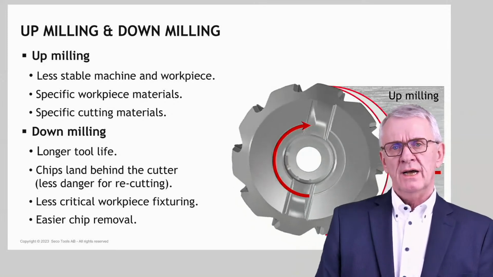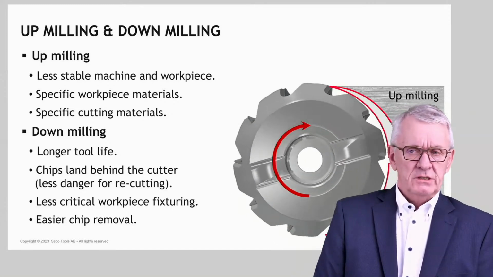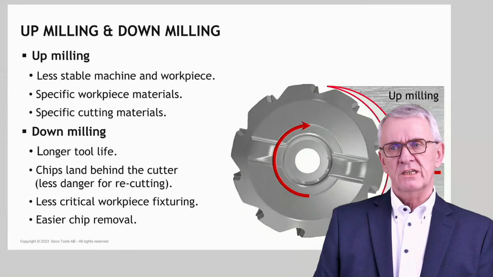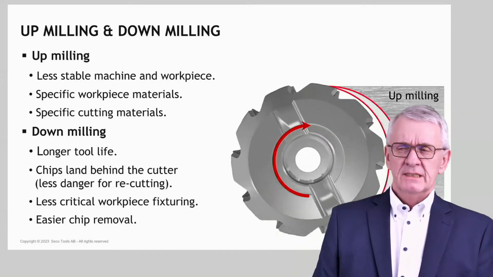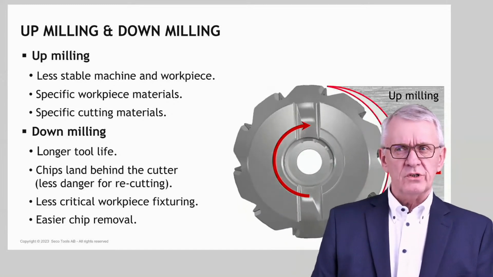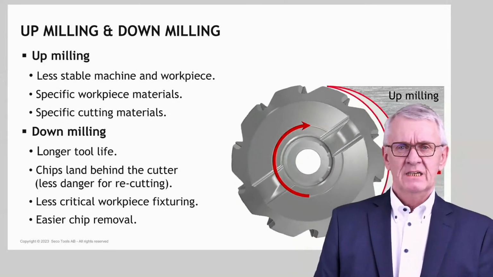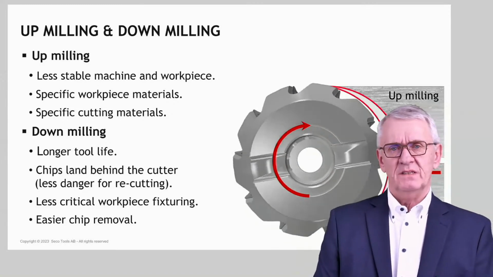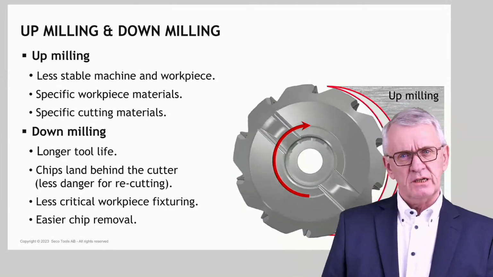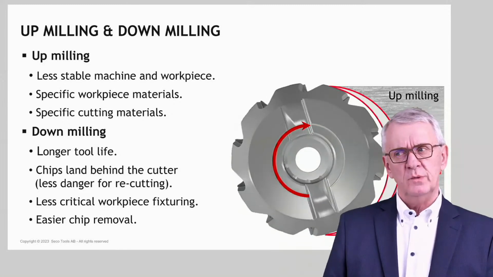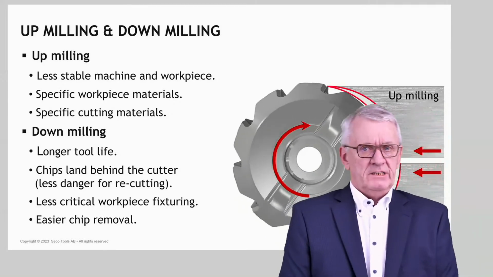Up milling today is limited, I would say, to situations where you are unfortunately confronted with somewhat older machines, machines where there is backlash on the table spindles. There you have to be careful with down milling, so less stable machines, somewhat older machines, less maintained machines. Some weaker workpieces, some specific workpiece materials where we have to find a compromise between certain things. Specific cutting materials, somewhat harder cutting materials, it could be an issue if we do down milling, but I would say in general the situation 2023,